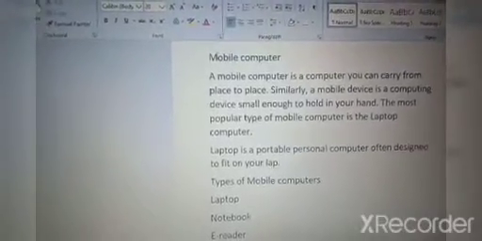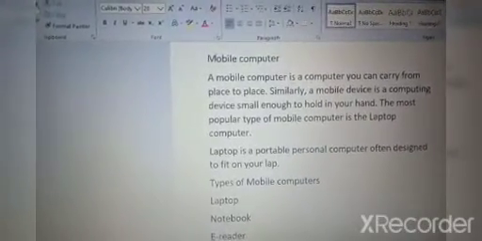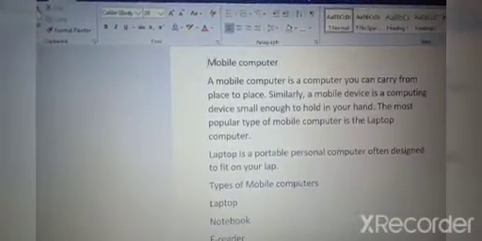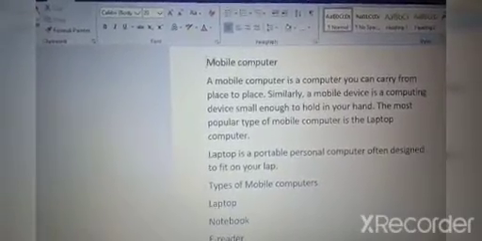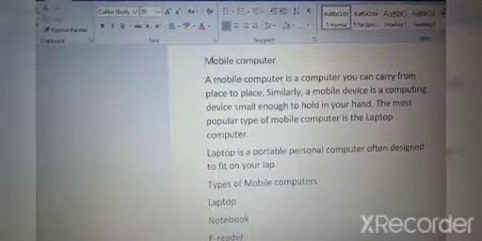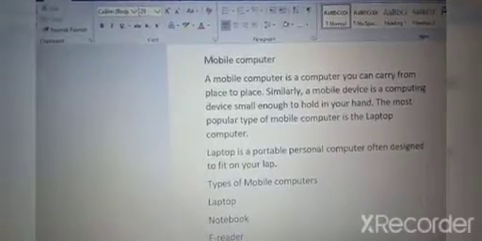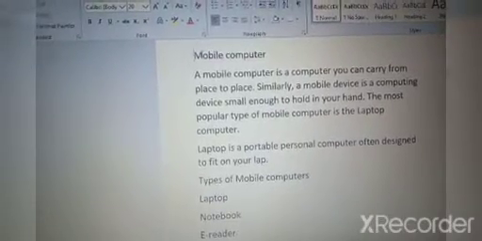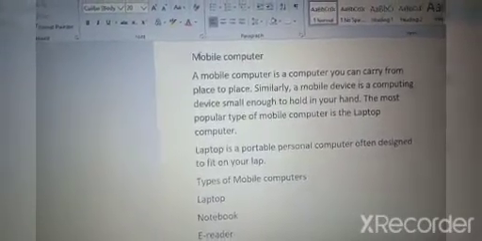Sometimes we forget to type in capital letters, or somewhere we type in small letters instead of capital letters, or in small letters we type in capital letters. So at that time, how to change that? Do not erase anything.